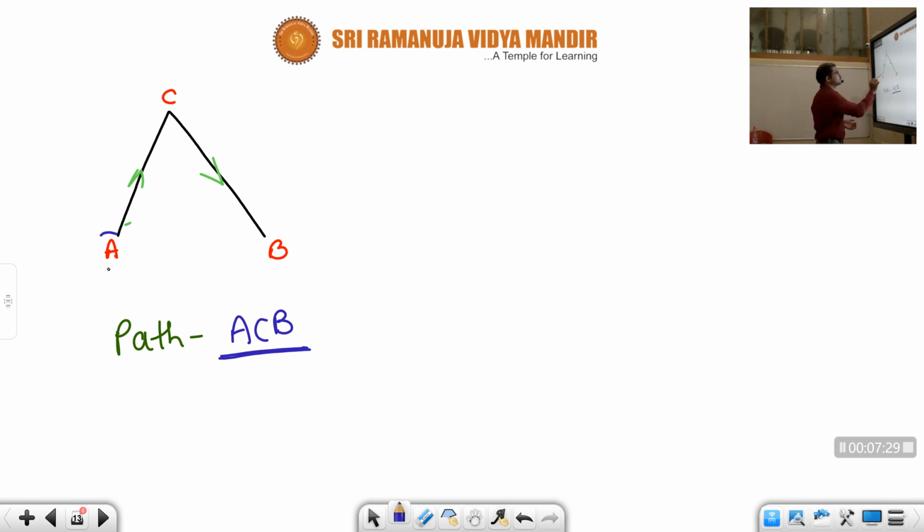Consecutive in the sense, children, this is the first position. In its way, this is the second position. In its way, this is the third position. First, second, third. Children, you need not maintain any alphabetical order, even if the positions are identified with alphabets. You need to check only consecutive order. After the first position, what is the second position? Then what is the third position? That's it. Those positions you write in an order, one after another, and it becomes a path.